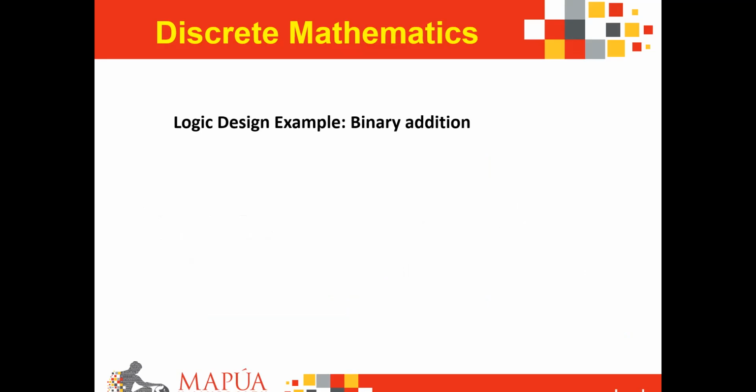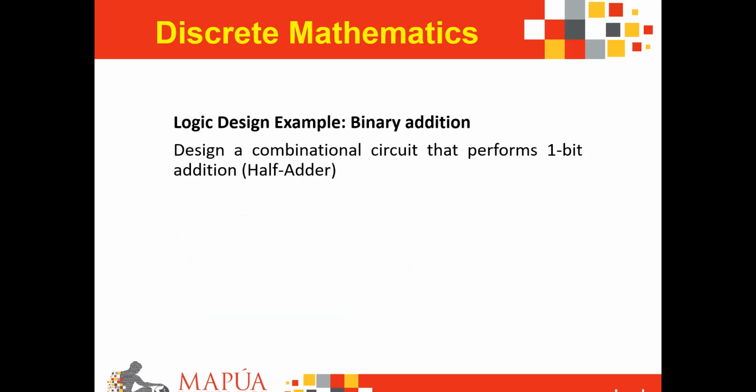Let's try to implement this time a simple binary addition. We are asked to design and implement a combinational circuit that performs 1-bit addition, often referred to as a half adder. How do we implement this? So we need to evaluate then how 1-bit addition is